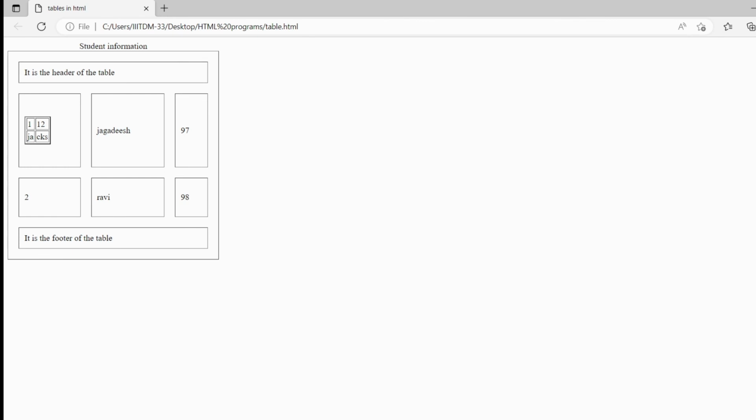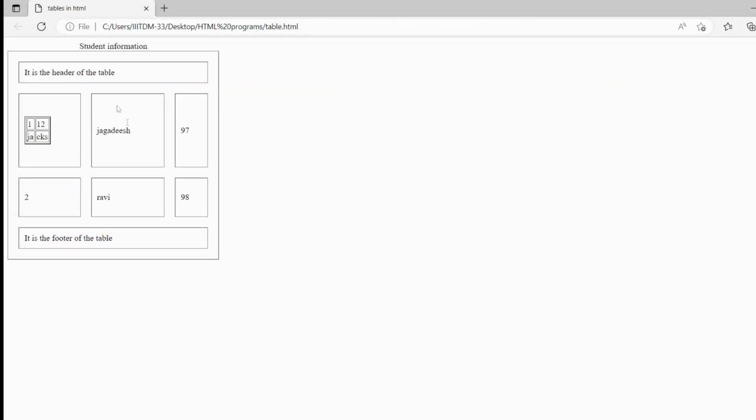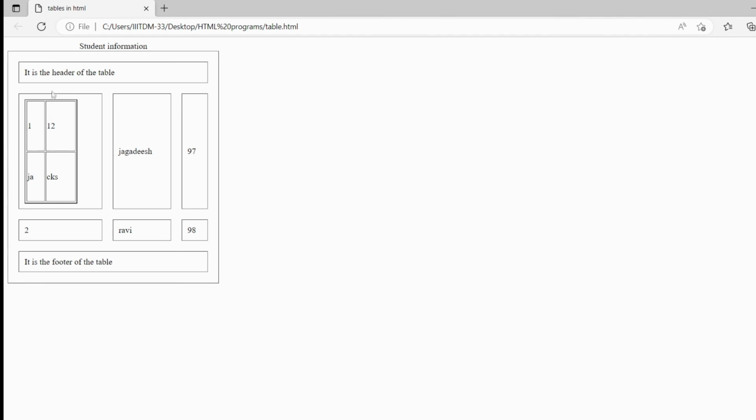Now you want to increase the width and height. That also you can provide. Width is equal to, let me provide as 100. Height, let me provide it as some 200. Then see what will happen. Let me refresh it. Now you can see inside one table you have another table. Not only you can insert another table, you can insert images, you can insert the links, all these things you